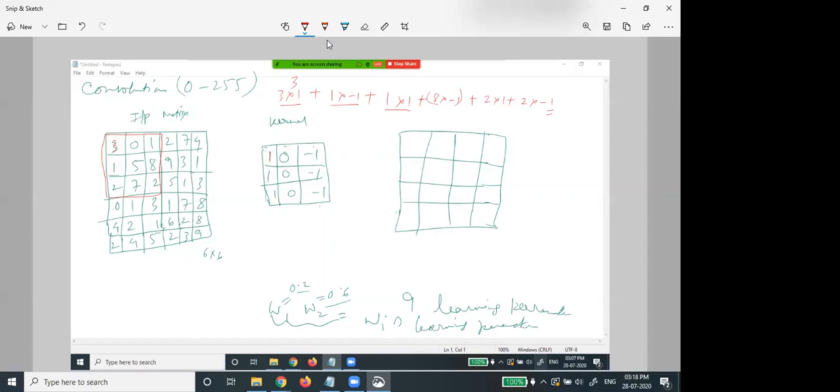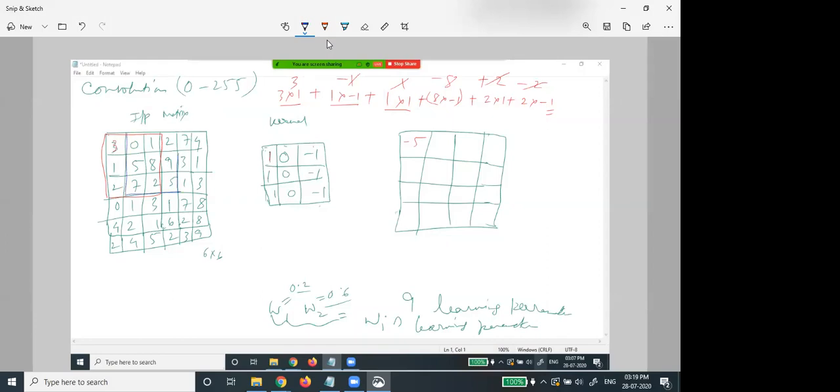It will be 3 minus 1, 1, minus 8 plus 2. So 3 minus 8 will be minus 5. In this way you calculate.